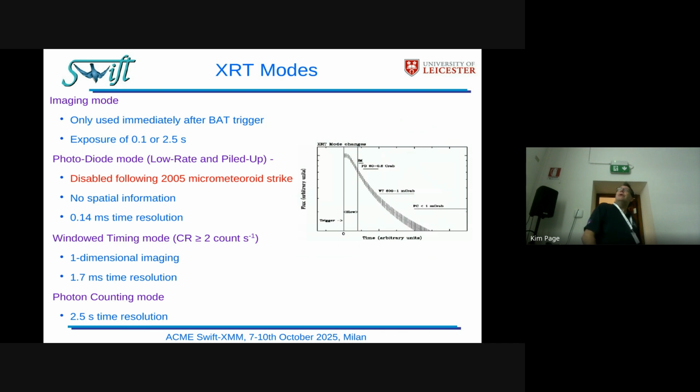The 2 modes you'll most likely care about are window timing mode, which is used when the count rate on the XRT is above about 2 counts per second. It's used to avoid pileup. It's one-dimensional imaging, and it has about a 1.7 millisecond readout time. Then the other mode is photon counting mode, which is a more traditional 2-dimensional mode with a 2.5 second time